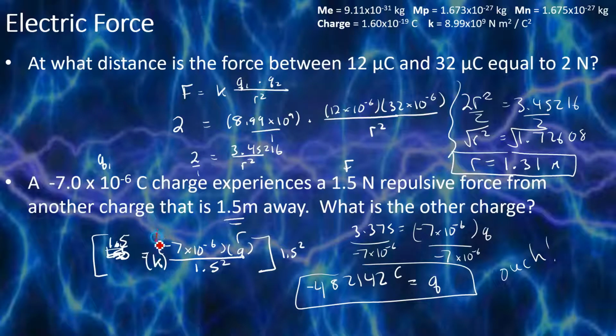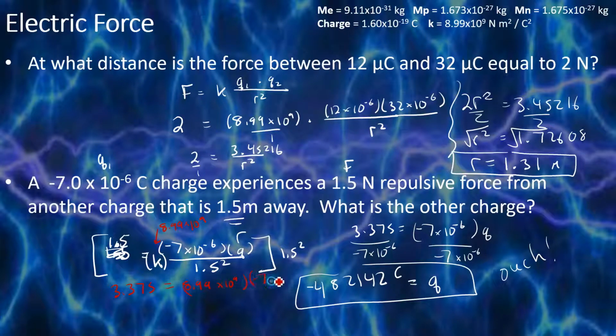Okay, so we need our K. So this is 8.99 times 10 to the 9th. So maybe this problem wasn't so weird after all. So we cleared by multiplying by that. So we do get the 3.375, but we have this 8.99 times 10 to the 9th